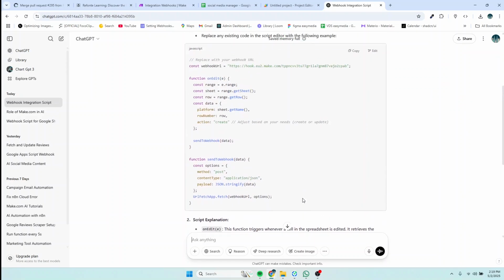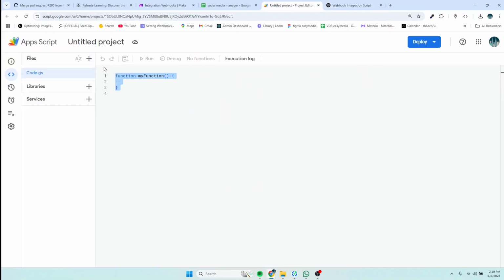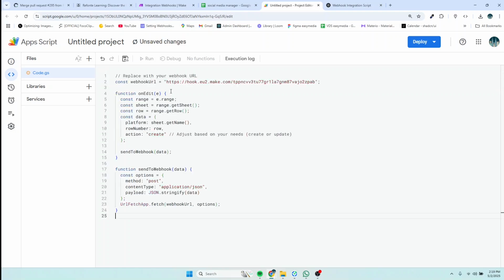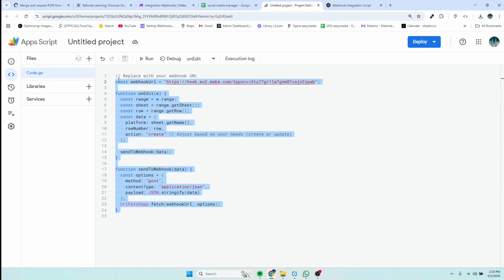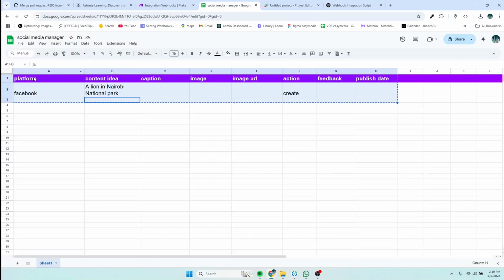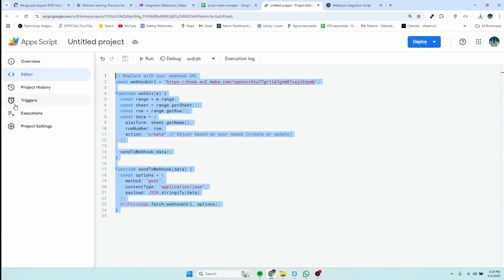ChatGPT has gone ahead and generated the code. I'll just copy the whole of this and come to the script, remove what is there, and paste what you've copied from ChatGPT. Then Control S to save. See it saving up there. So how do we trigger this function? We need to tell this code to run if these changes happen to the Google Sheet. Just click on this icon, number 3 from the bottom. So 1, 2, 3,